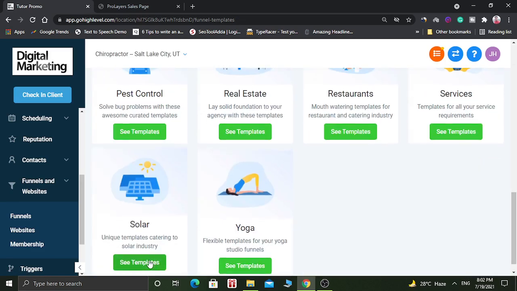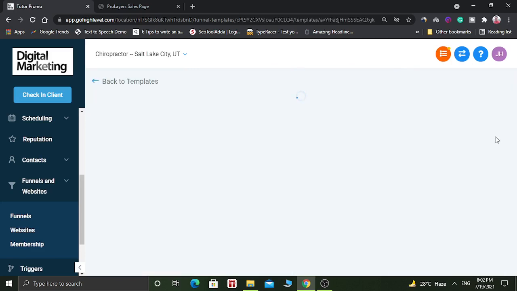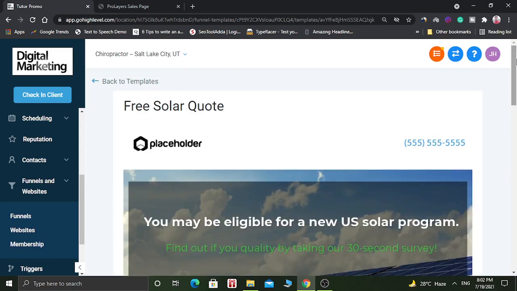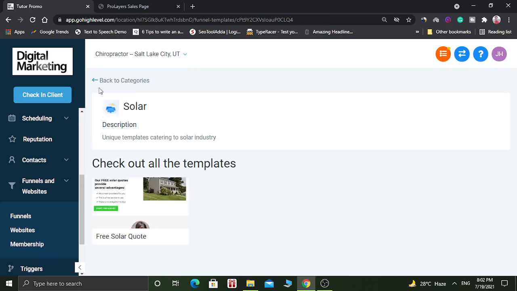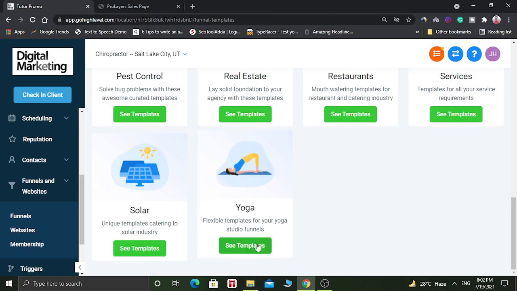Now we have two more templates to see. Let's see the template for solars. This is the template for solar. And the last template we are going to see is from yoga.